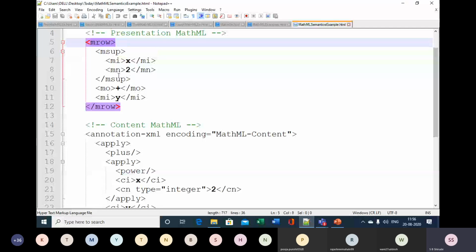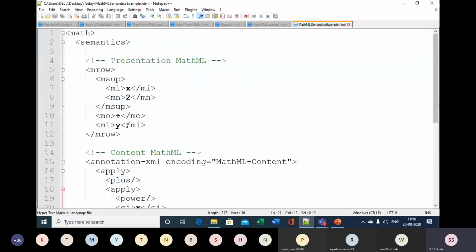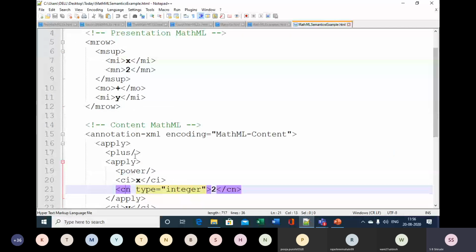Therefore, that semantic is related to the algebra system. And for making the algebra system understand this code, such content MathML you can include in your presentation MathML, and you can make use of semantics in MathML.